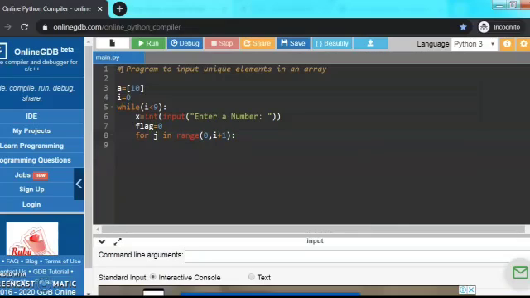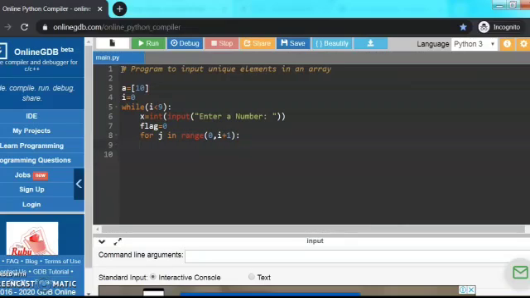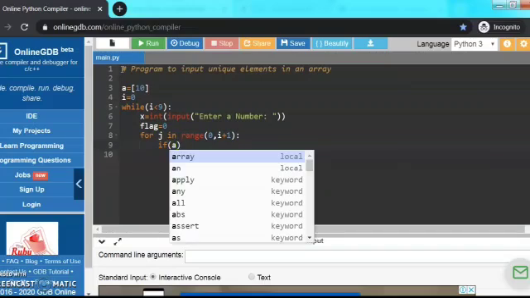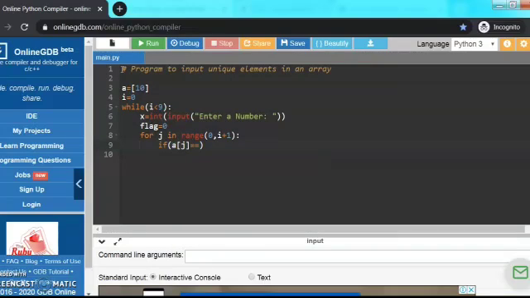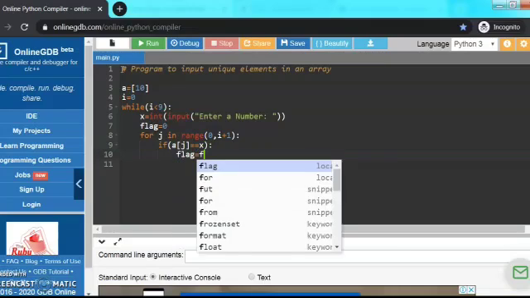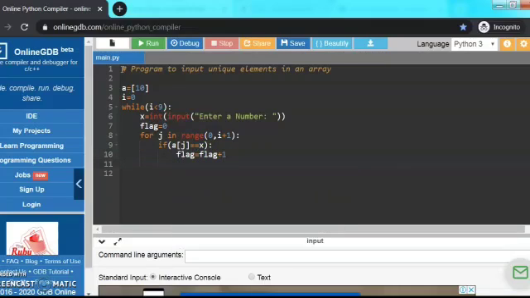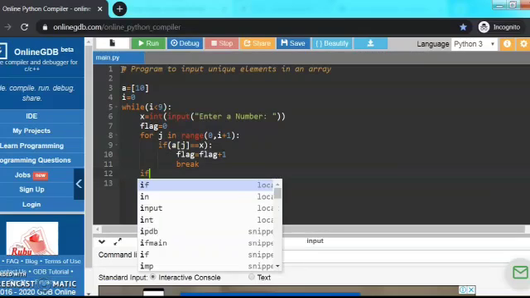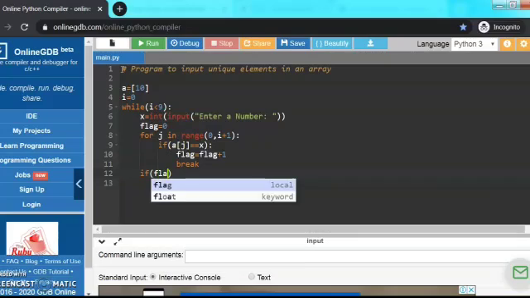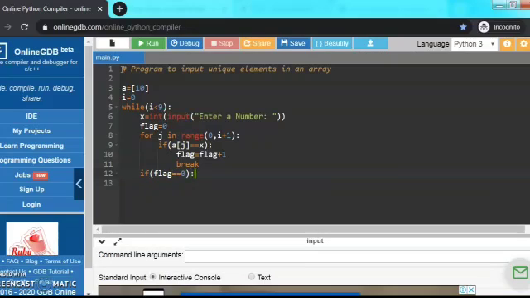plus 1. Plus 1 because Python always takes the lower bound, colon. If condition statement, bracket a square brackets j double equals to, we are checking x, flag is equal to flag plus 1. A break. Break means we are ending a loop in Python. It's a keyword. In the for loop's indentation, condition statement if bracket flag double equals to 0, colon,